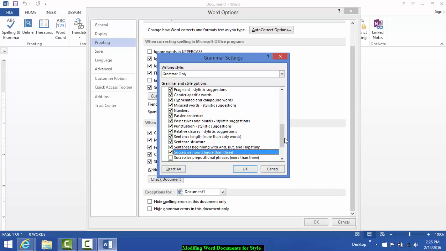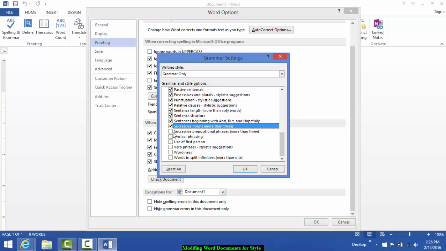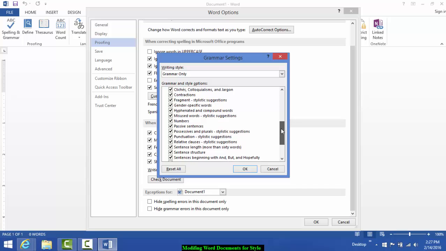Hopefully, as I'm going through and making selections for all of these, you're noticing some information that would absolutely be beneficial to you, specifically requiring Microsoft Word spell check to notify you of passive sentences, to notify you of possessives and plurals, when you should have an apostrophe, when you should not. It'll notify you if you're typing along and you're using contractions. In addition, split infinitives,